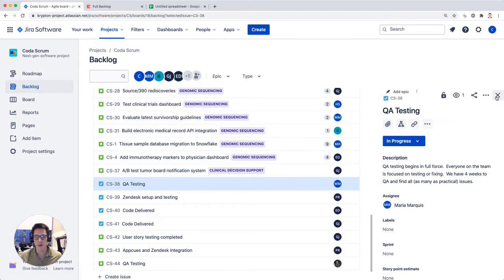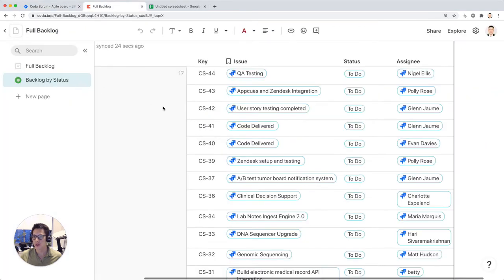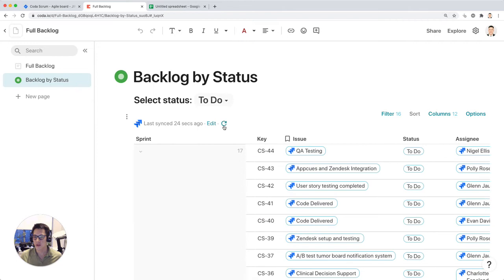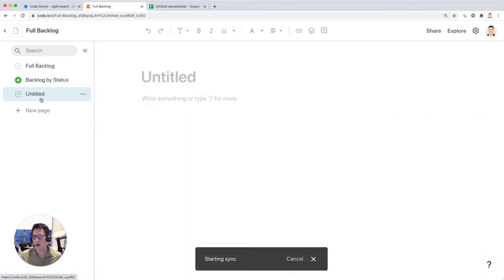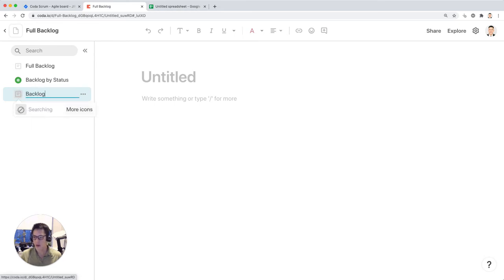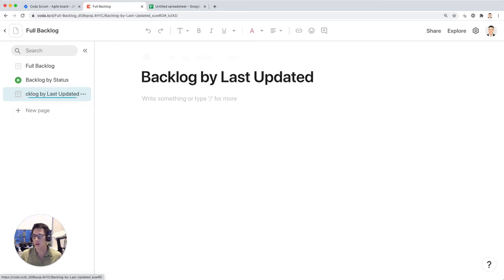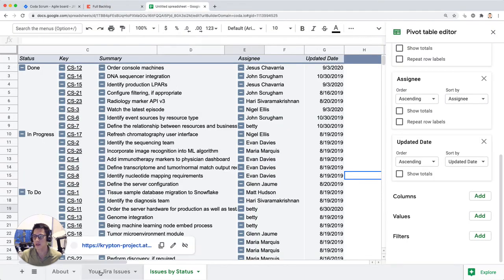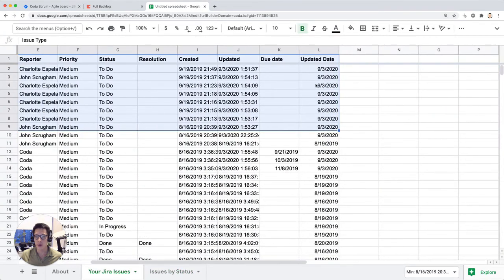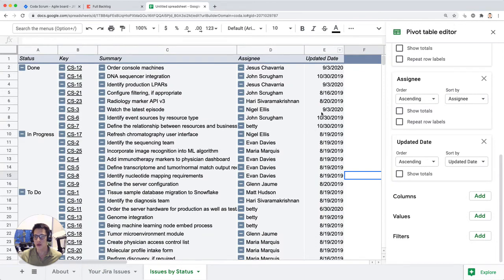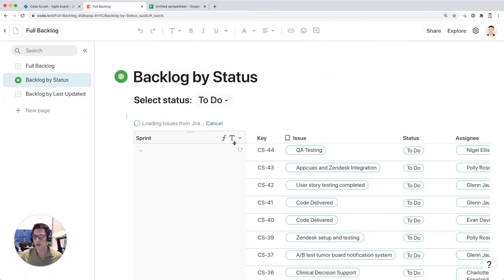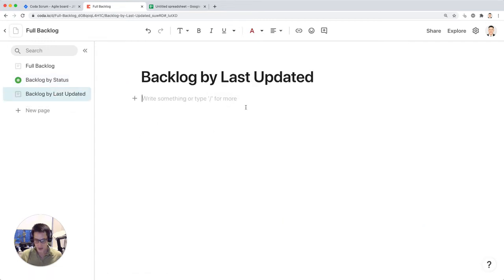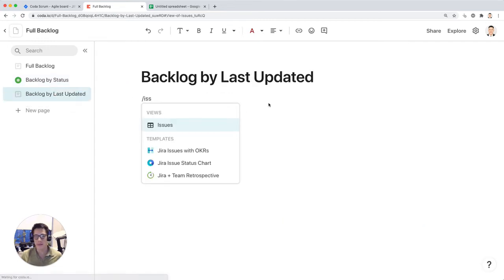It's always a live demo where you never know if it's going to work. Let's try refreshing again. I'm going to try building another page that shows backlog by last updated. Kind of similar to what we did in Google Sheets, where we had this last updated column, but we just pulled out the date, and then we used it in this pivot table. Let's take a look to see if this is still loading. I can open my issues table,